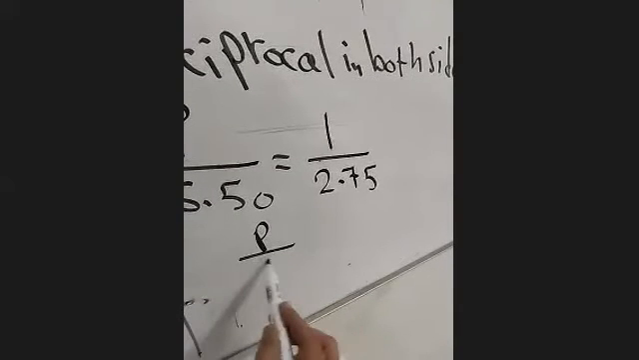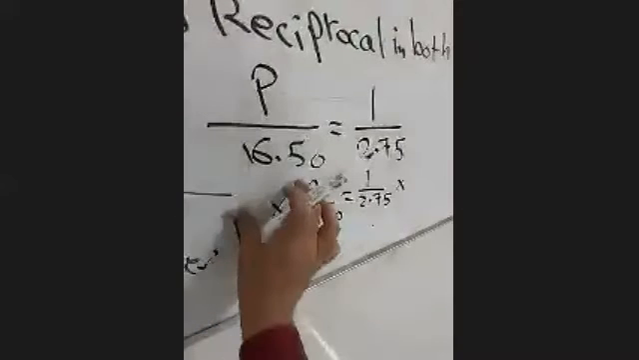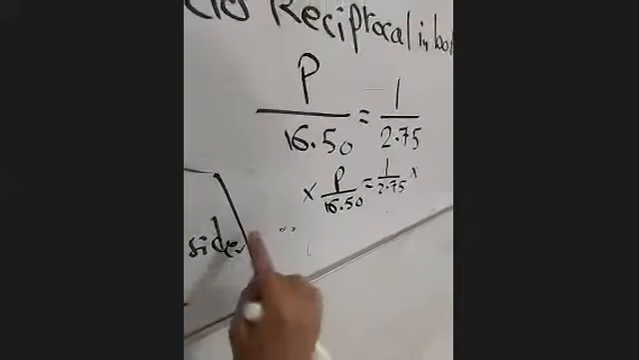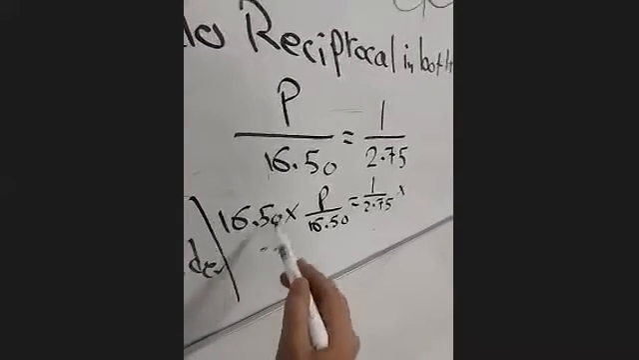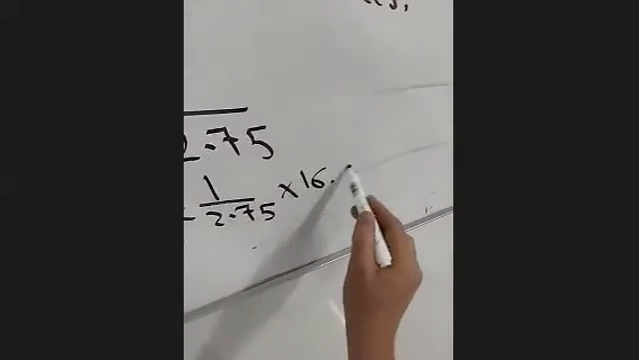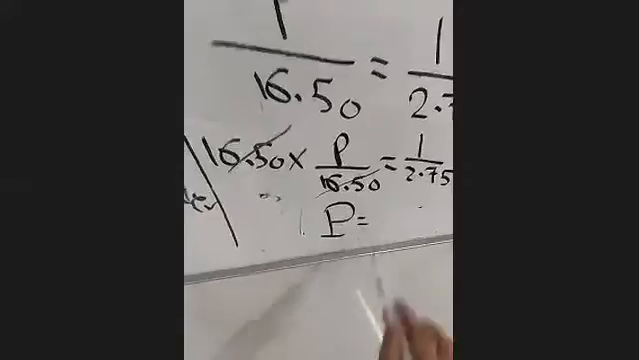Normal step. So rewrite the equation. P over 16.50 equals 1 over 2.75. I'll multiply both sides by the divisor of the variable. We know that, right? Which is 16.50 here, and here also 16.50, right? Now, let's cancel here. It is still P. P equals